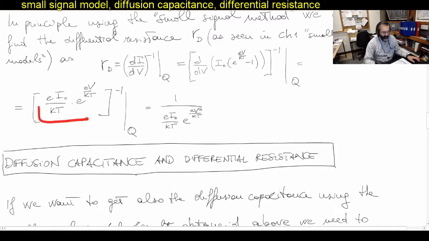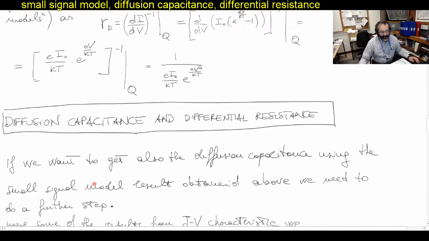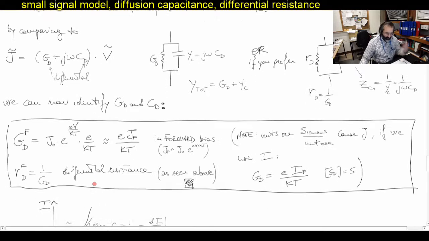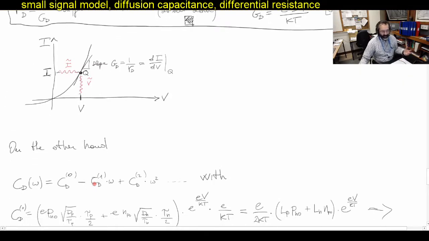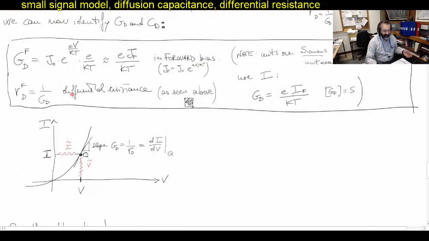There you go. Without J, I wasn't using J0, I used the I0 here, but it's the same. So this is GD, and so RD is 1 over all this thing. Okay, so everything obviously has to be like that. But the nice thing of doing all this mess is that we demonstrated that indeed we found